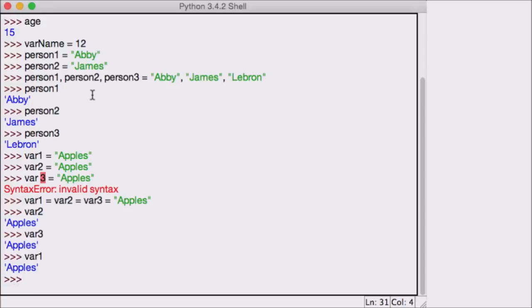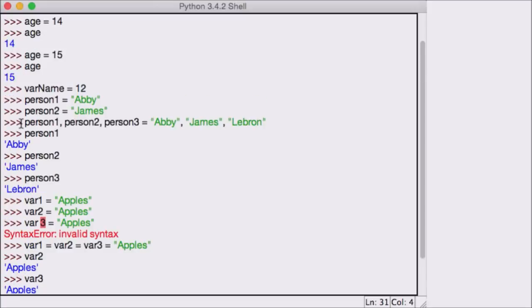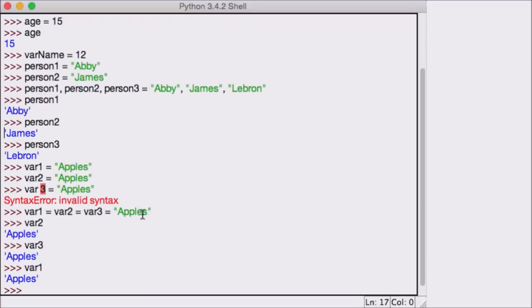Fantastic. So let's quickly recap what we learned in this lecture. We learned about multiple declaration, where you can assign 3 variables, 3 different values in just one line. And then you also learned about how you can do multiple assignment. 3 variables can also have the exact same value. Fantastic. So in the next lecture, we'll talk about data types. If you don't know what data types are, let me give you a quick hint. What we have been using so far have